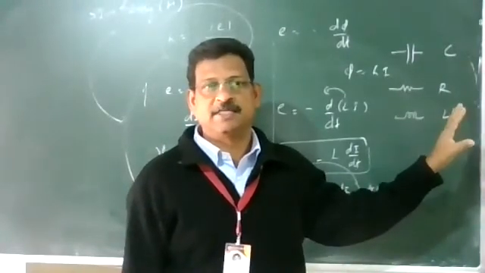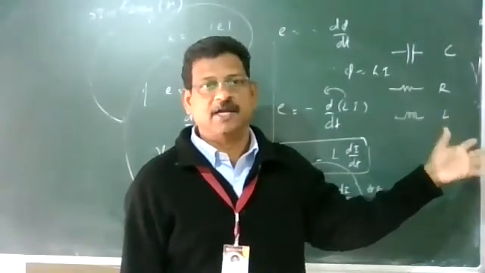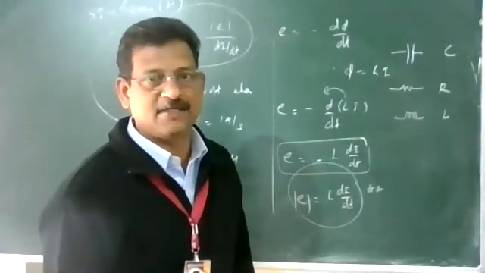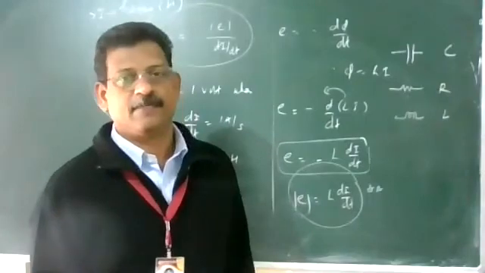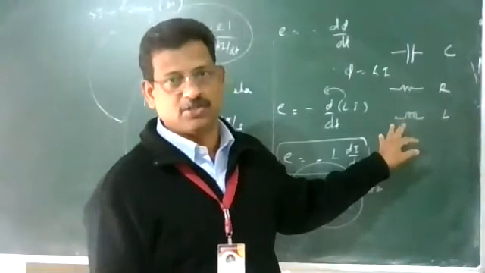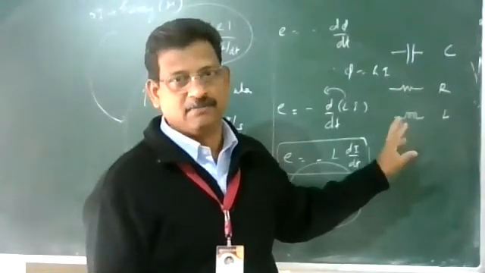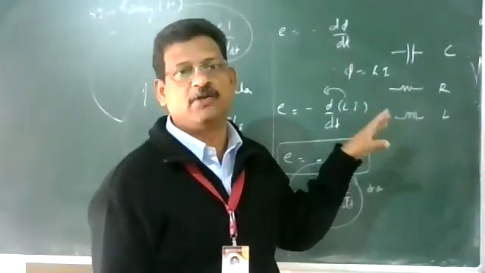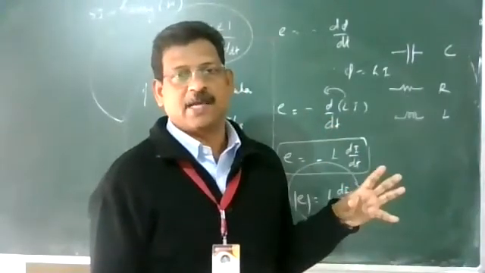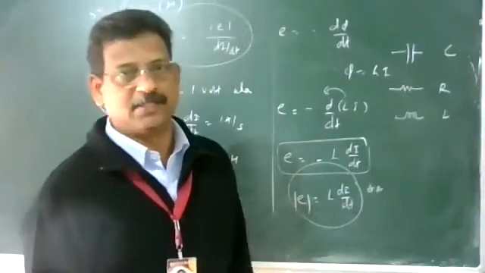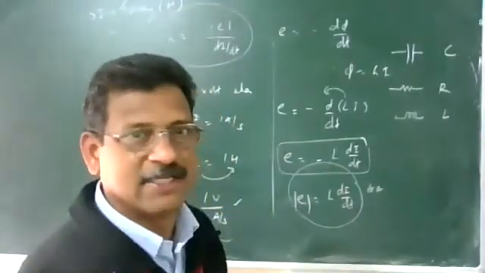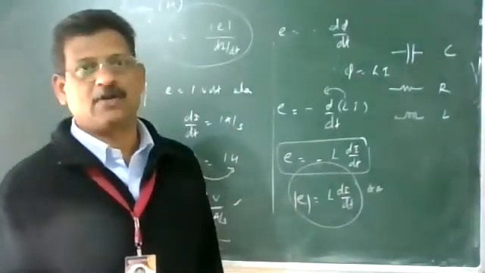Self-induction: whenever there is a change in the current in the coil, automatically an EMF or current is induced in it to oppose any change. This phenomenon is known as self-induction. And the self-inductance of the coil depends upon its dimensions and the material that is placed inside the solenoid. We are going to find out the self-inductance of a coil, just like you know the capacitance of a parallel plate capacitor is epsilon naught A by d. Similarly, we are going to calculate the self-inductance of a coil and on what all factors it depends.